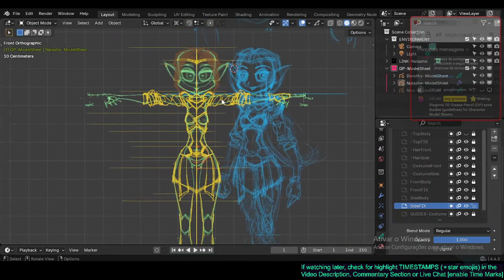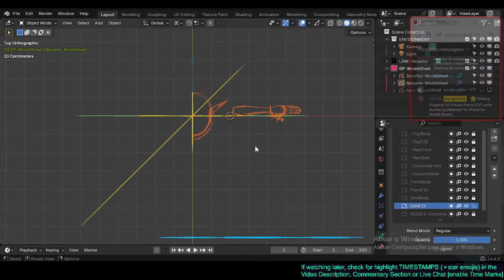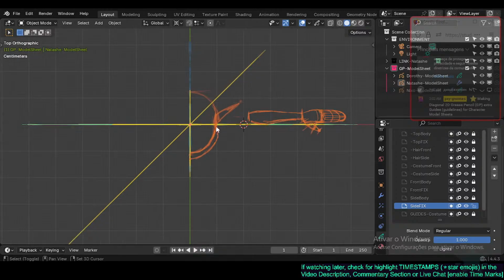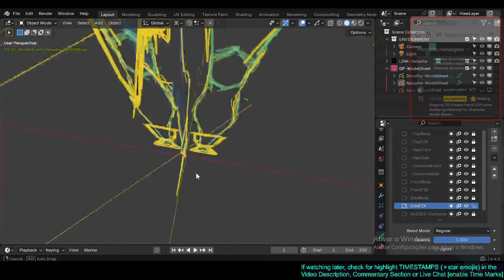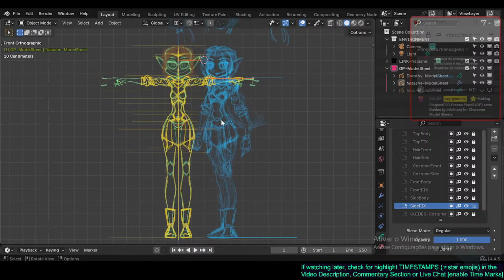Then top fix and top body, which top fix has nothing currently, and top body is this thing which for now is serving almost no purpose. And yes, so this will be the full thing